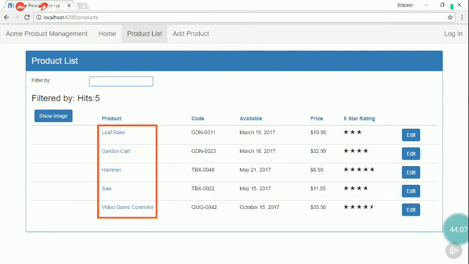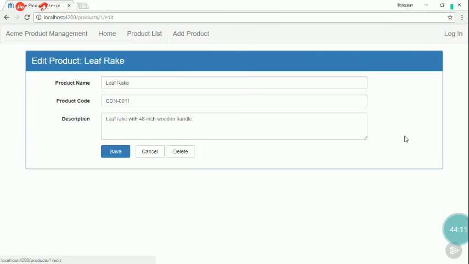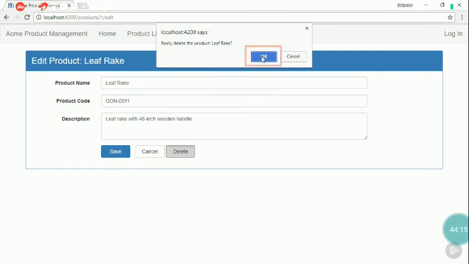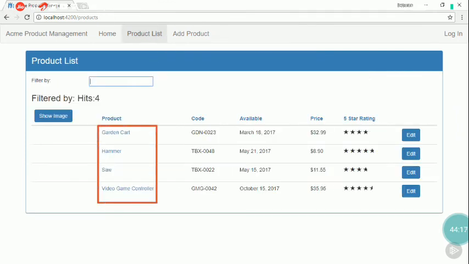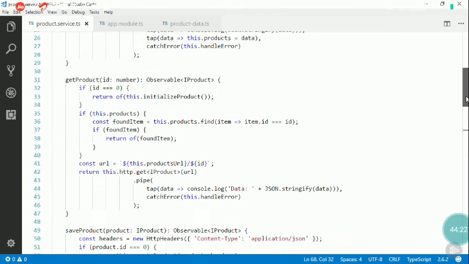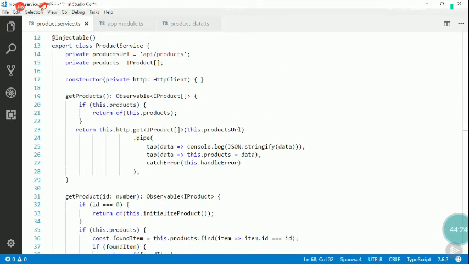That's again because of the in-memory web API. To try out the delete, click on the Edit button for one of the rows, then click Delete. Confirm the deletion, and our deleted product is correctly removed from the list. Yay! Going back to the code, we now have an operational, but basic, state management service we can use to